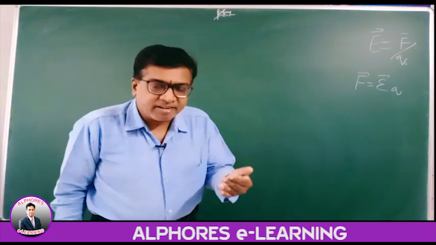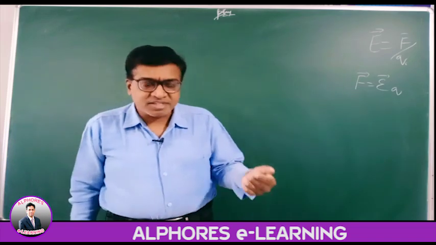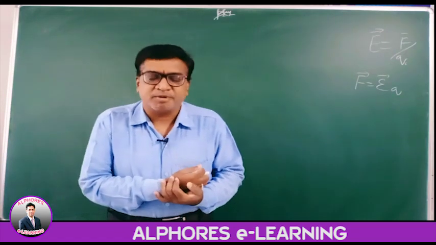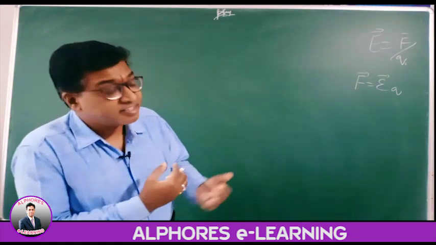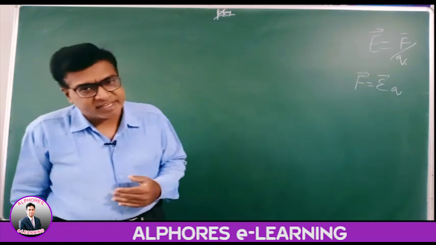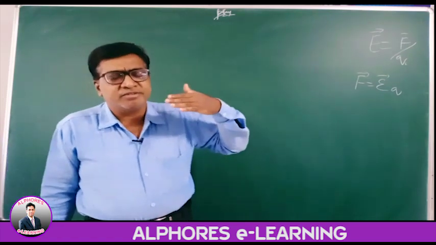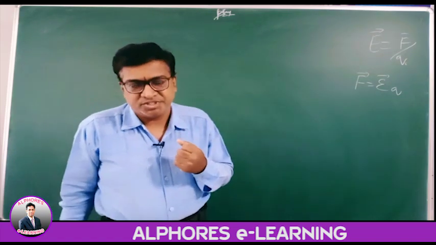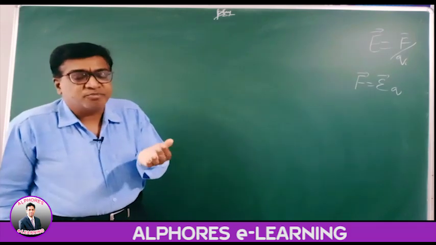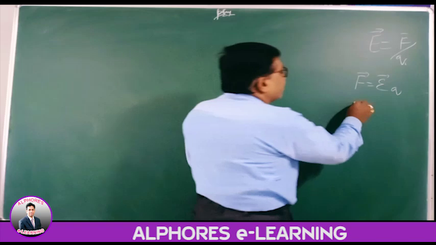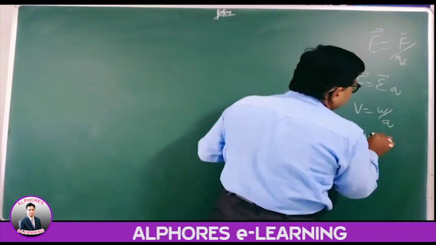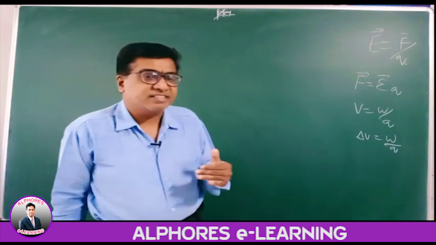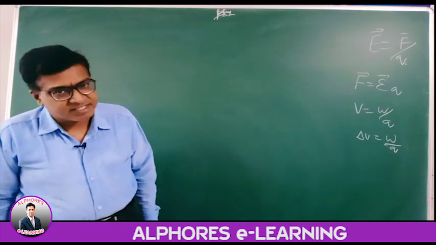Then later, electric flux and lines of force. Gauss law we have studied: the total electric flux through an enclosed Gaussian surface is proportional to the charge inside. Later, electric field due to various charge distributions we have studied. Then we talked about electric potential. Potential is the electrical state of the body which determines the direction of flow of charge. Potential difference V is equal to W by Q, the work done per unit charge in moving the charge from one point to another. Next, electric potential due to various charges we have studied.